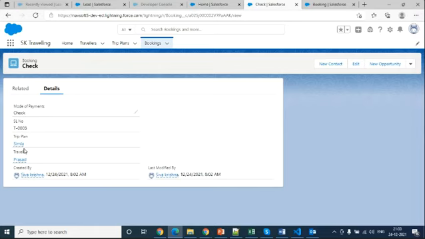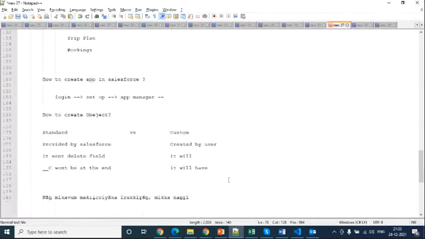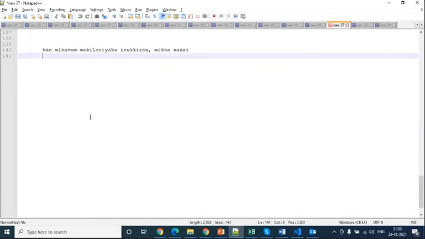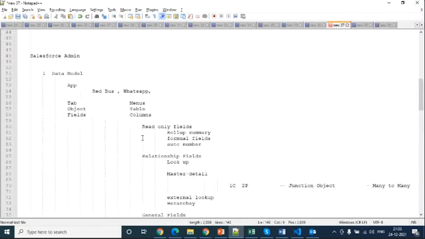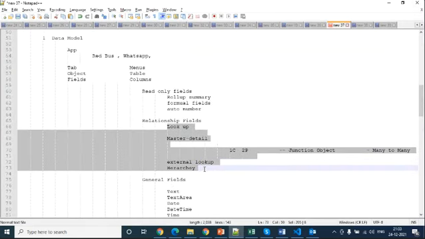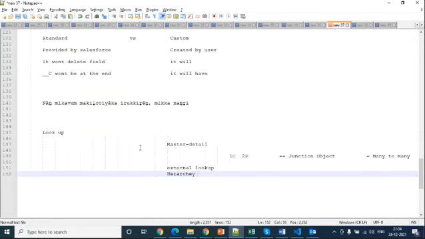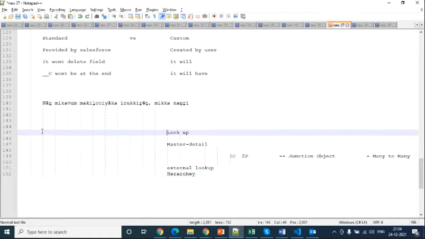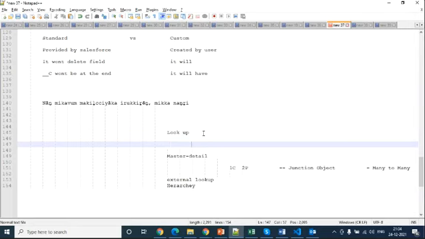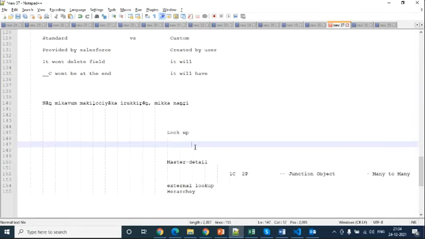Anybody has confusion here between lookup relationship and master-detail relationship? Can you repeat the many-to-many relationship again? Okay, let me try to explain in a little more detail. Basically, we have different styles of relationship. I mentioned four: lookup, master-detail, external, and hierarchy. If we delete in a many-to-many relationship, the master-detail one, it can automatically delete the child one also, right? Yes, the master-detail relationship and many-to-many relationship are just the same.